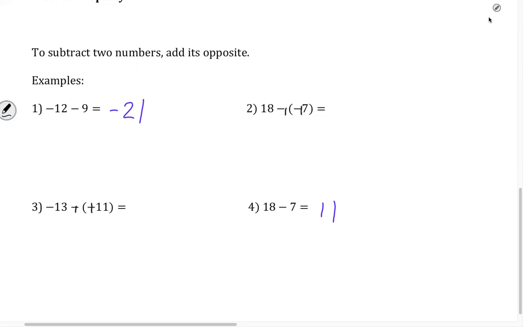So these 2 problems are really asking me, all right, like, that's not good. Let me fix that. Don't worry, I got this. Perfectionist here. They're really asking me, what is 18 plus 7? 18 plus 7,